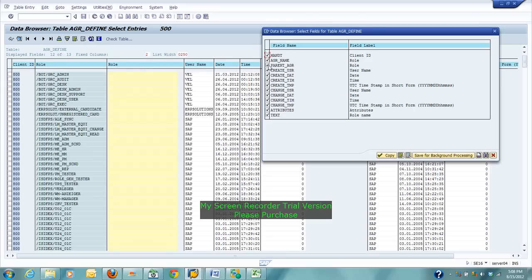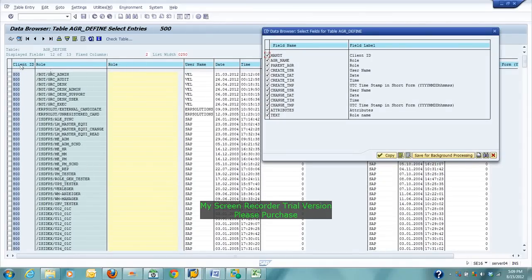But over here it says parent AGR. AGR basically means role, and over here it says AGR name. So whichever comes first, if this one is AGR name and this one is parent AGR, I'll tell you how you can find out too. Basically this table is very important if you are looking for the relation, whether it's a master or child role, whether this role has a master role or not, or whether this role is a child role and the other one is the master role. Or maybe you are thinking this role is the parent and this role is the child role, but